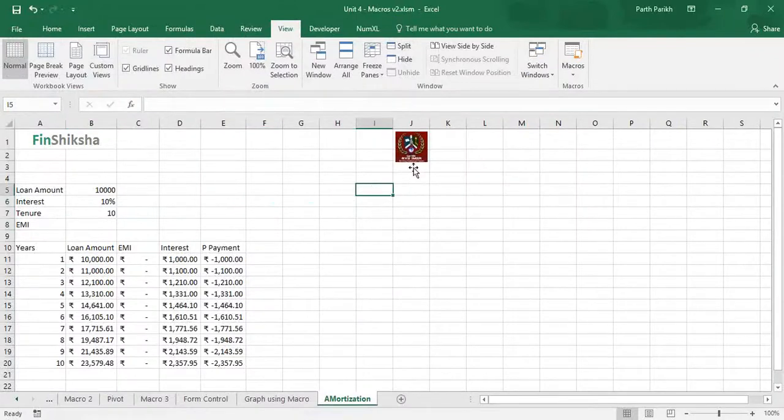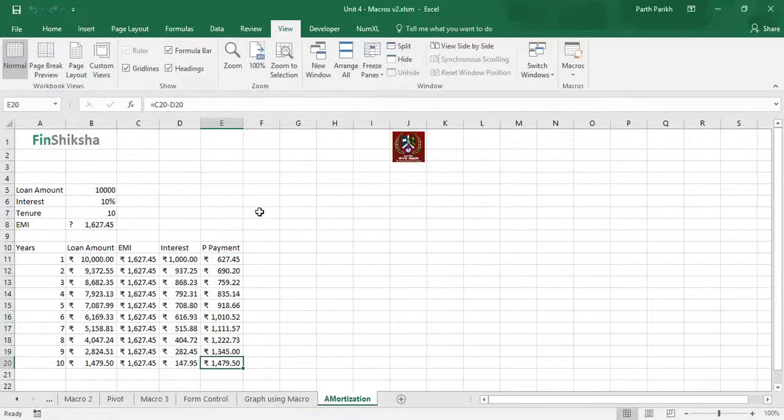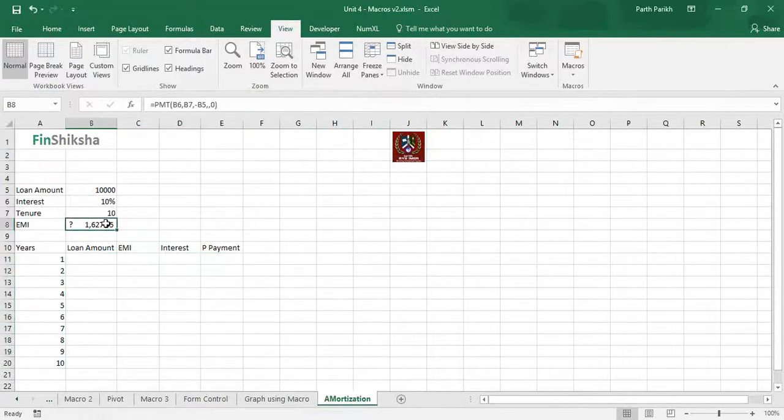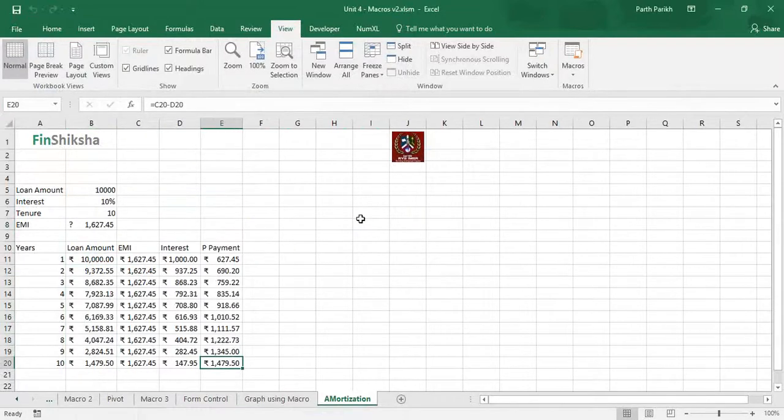Let's say I'm in this cell I5 and I am running it. Now everything is perfect. Even if I delete this, ideally it should be in a position to run the macro. Run the macro. You see, everything works perfectly fine.